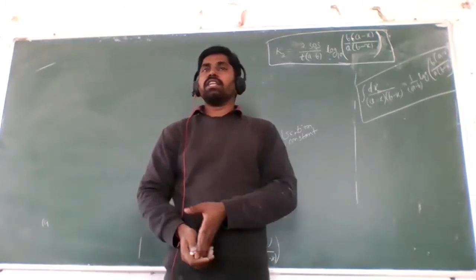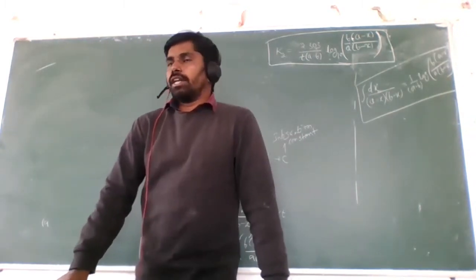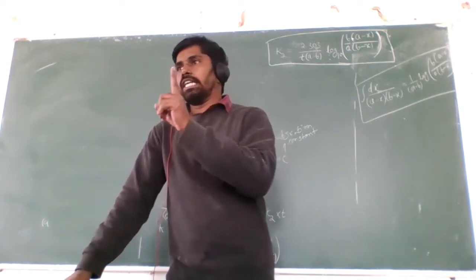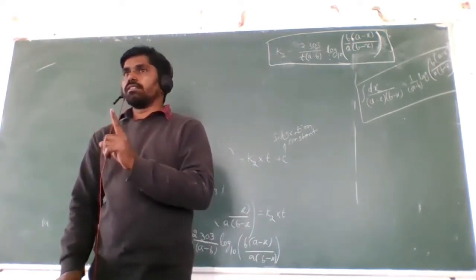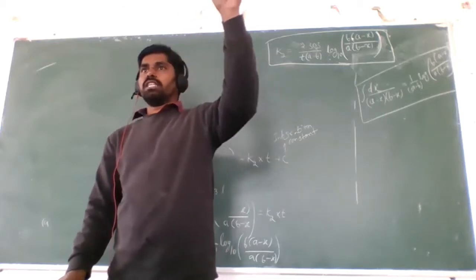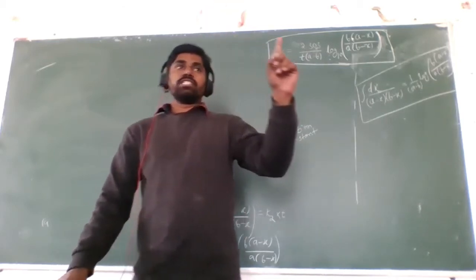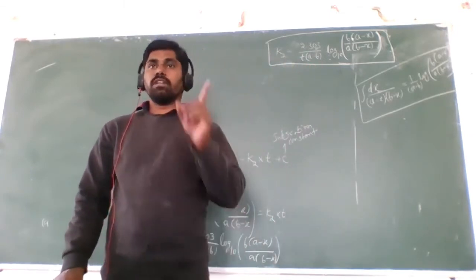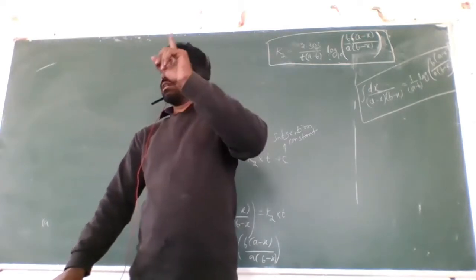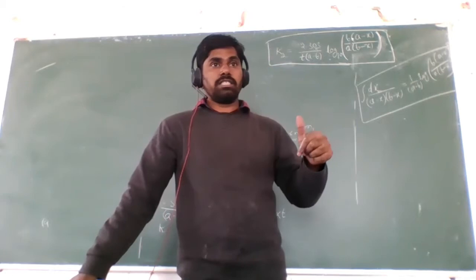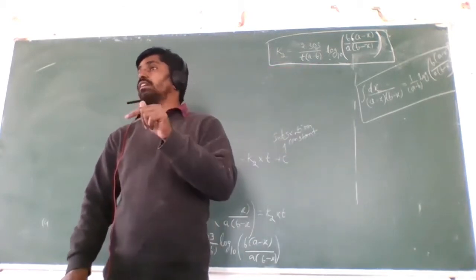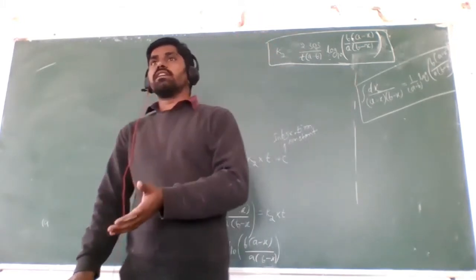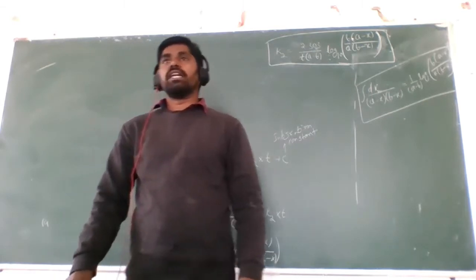For example, see here, in that reaction, there is involvement of the reactants. If one reactant is in excess amount in that reaction, then that excess reactant is not influencing the rate equation. The reactant that is in more excess amount does not influence the rate equation. Only the one that is less there influences the rate equation.